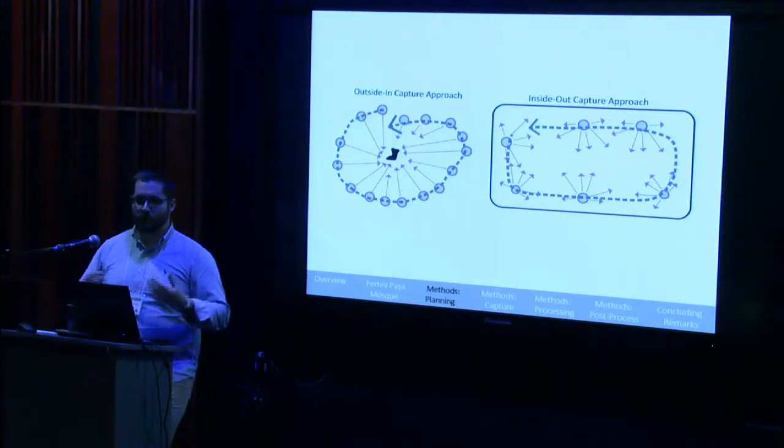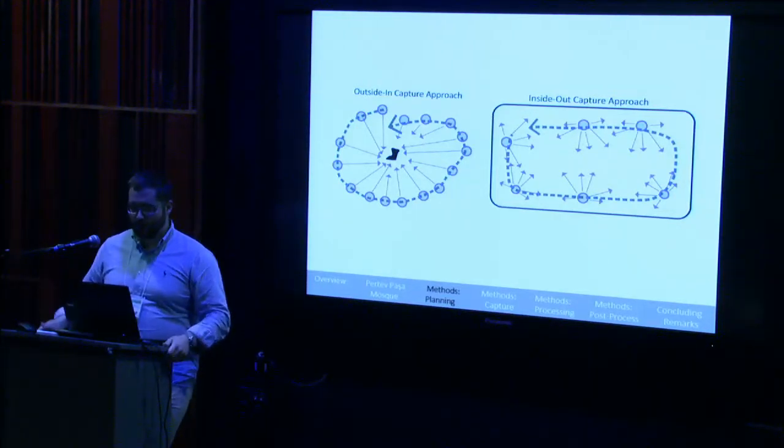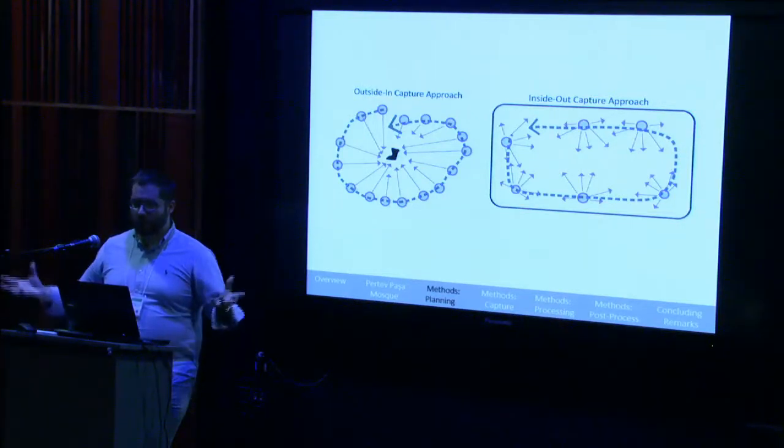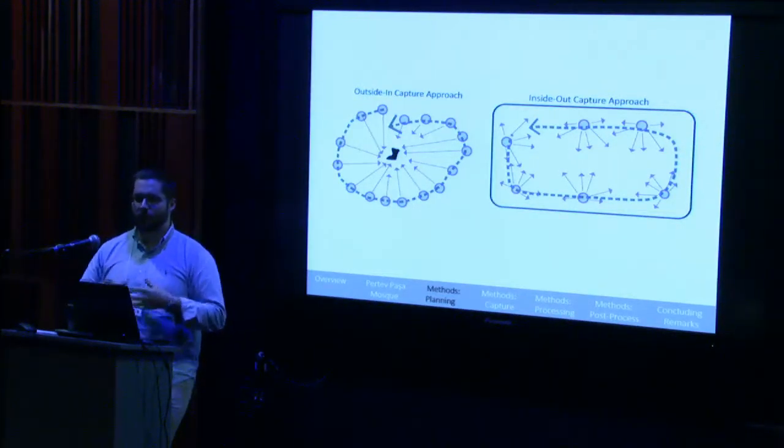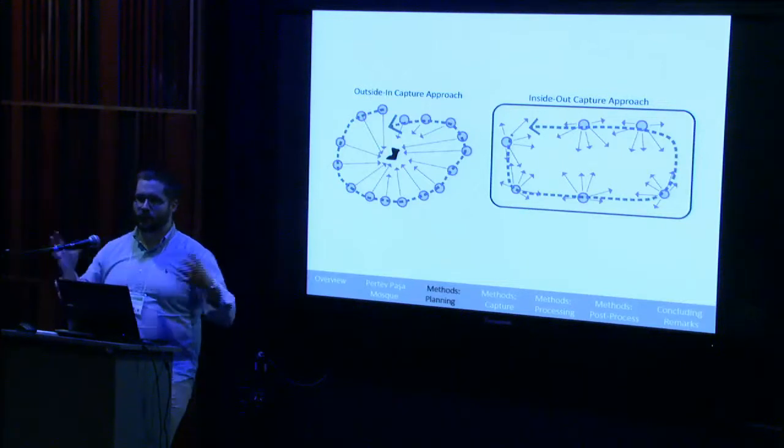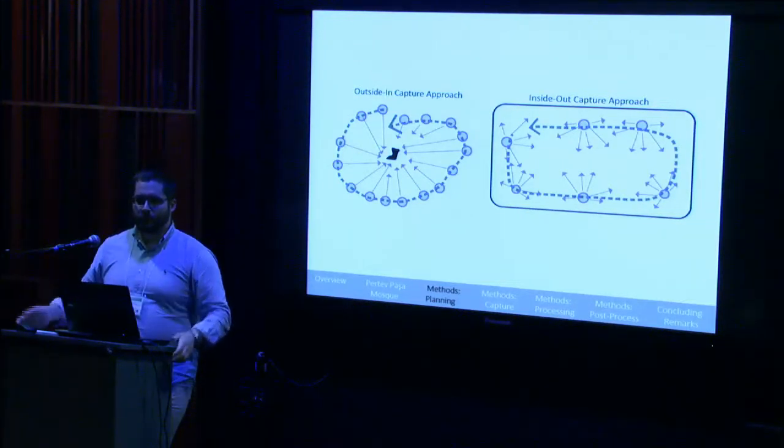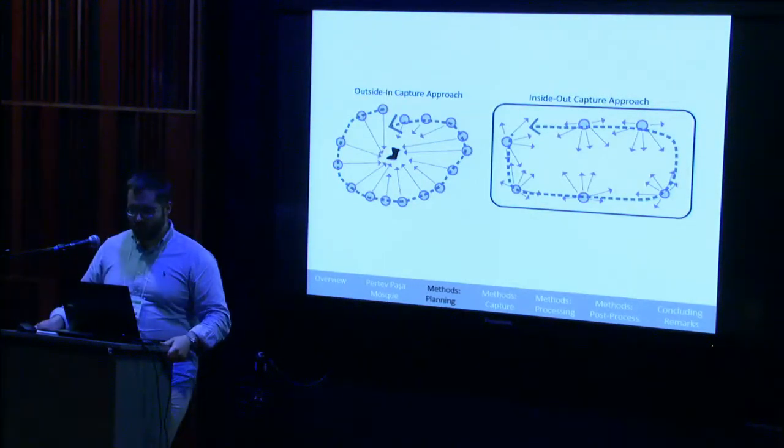methods of capture. One is inside out, one is outside in. Outside in is when you're looking inwards at a sculpture, and you can get around the outside of it, and it generally ends up being a convex shape, more or less. And then inside out tends to be a little more